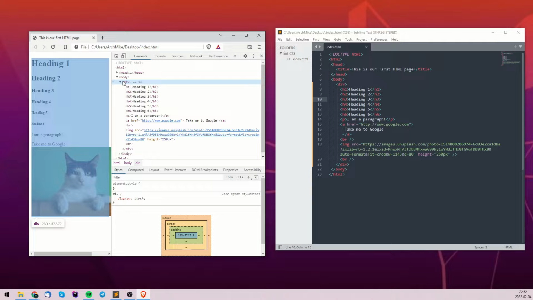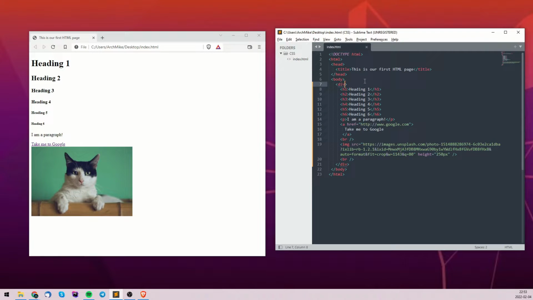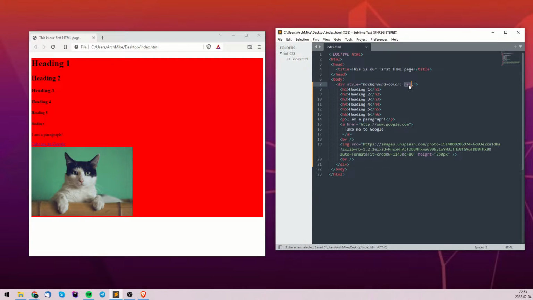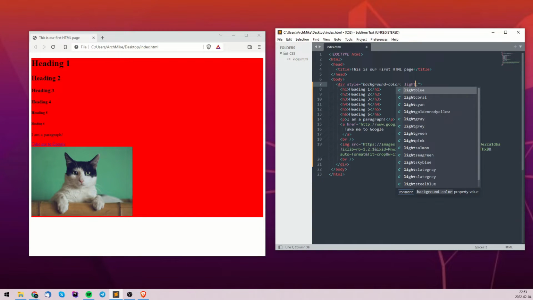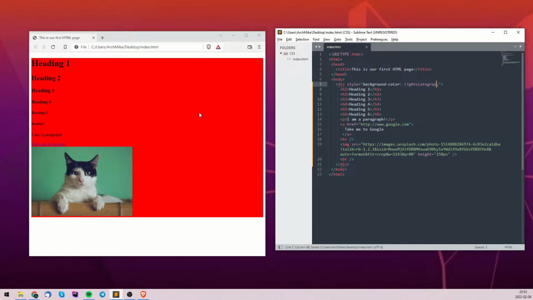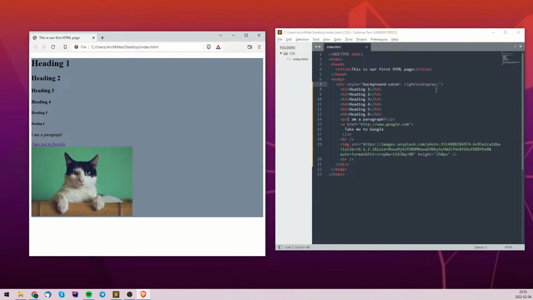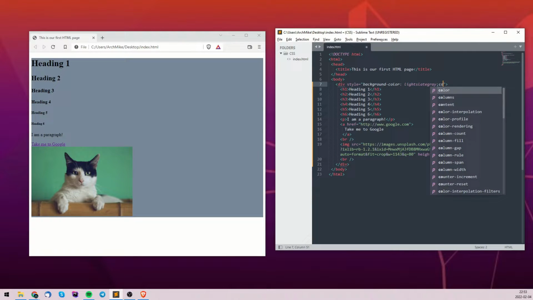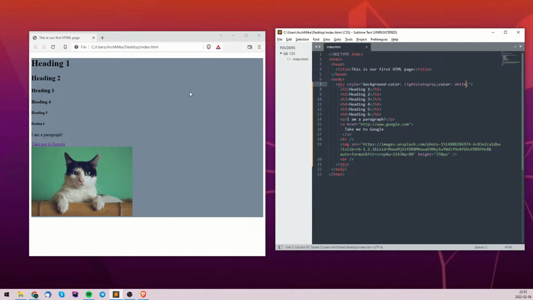So this is pretty cool because, for example, now we can add some CSS, which I'm not gonna go very deep into in this tutorial because it's not about CSS, it's plain HTML. I'm just gonna show you why we use divs. So we can add, for example, a background color here, red, and this will make the background of this whole div red, you see. So in this case, I'm going to make it light slate gray, and I'm going to add a color to make the color of the text white,